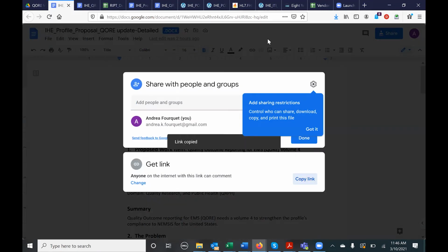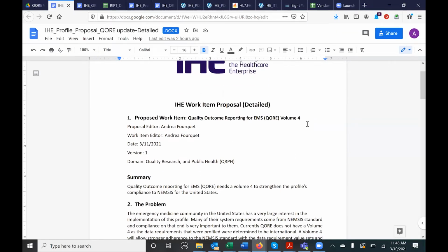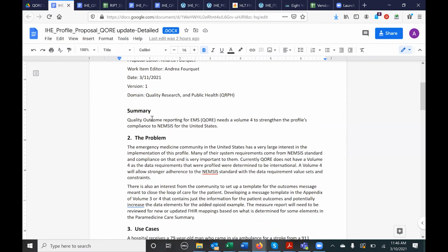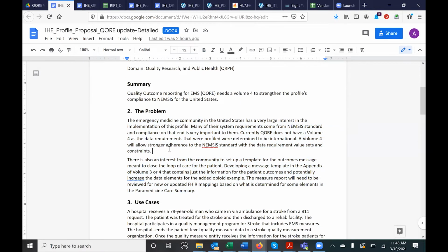And this is what we call the detailed proposal for the work item that we're going through. So I'm going to have a summary of saying we're going to add a volume 4 to strengthen the compliance to NEMSIS for the United States. And then I describe the problem here and what we're looking to do, which is volume 4 and including a